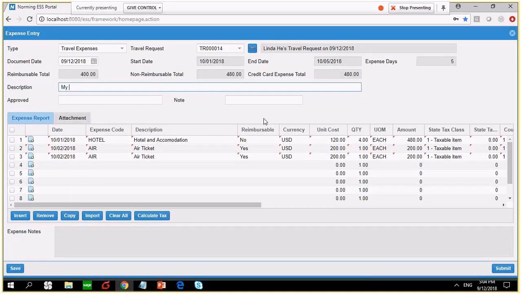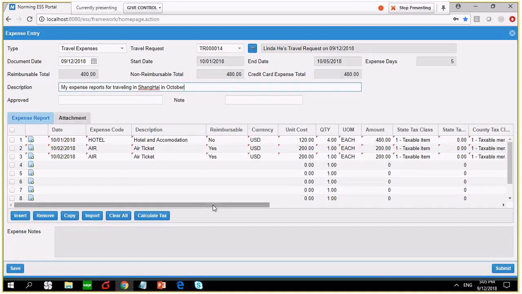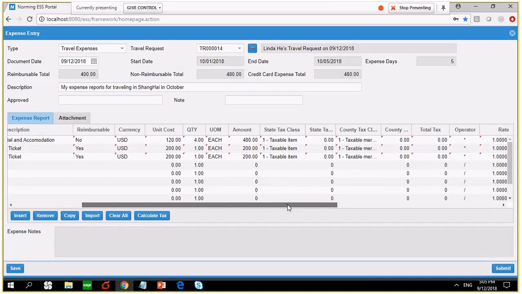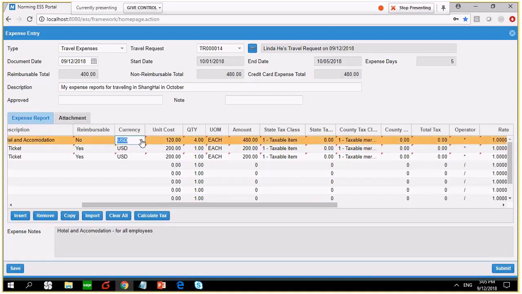My expense reports, traveling in Shanghai in October. Okay, and you can modify the dates. You can modify the amounts. As resource manager supports multi-currency expense reports, so you can change the source currency if necessary, change the cost, change